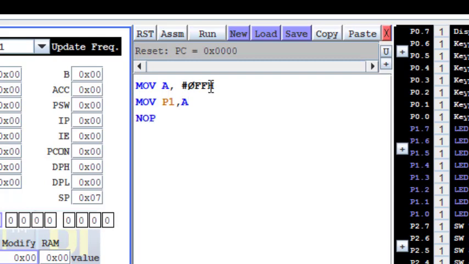So we need to send this data to port 1. Then I give the delay so that the LED remains in that particular state for some time. Then I decrement the content of A, so that I can generate some count. Okay, and I want to do this forever, as long as the program is running. So jump up, where up means I am giving a label here. So I have to continuously decrement the content of A and send it to port 1, so that it generates a particular sequence which I require. Okay, so I just assemble the program.